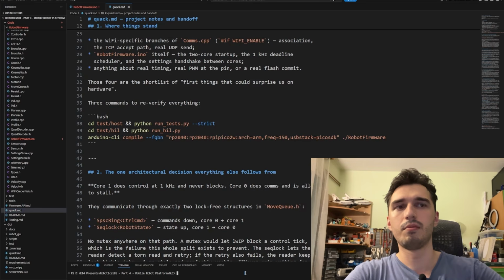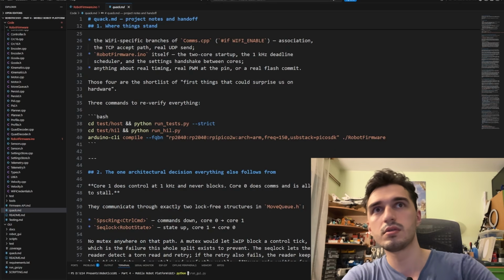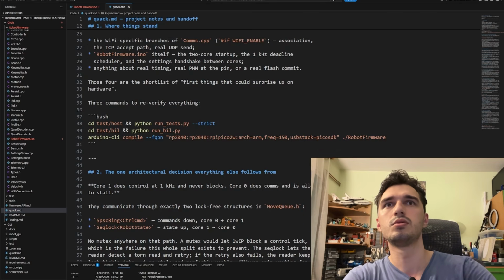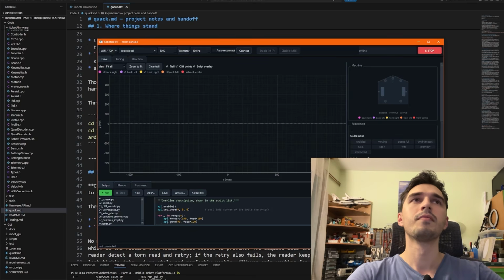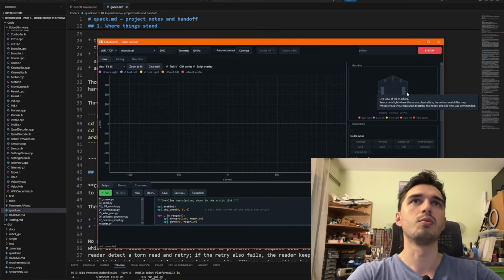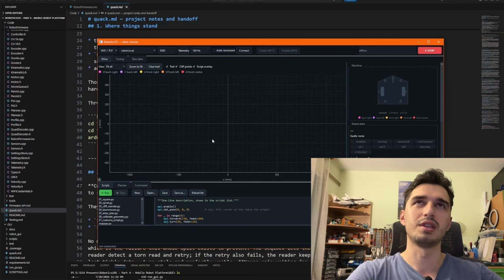So now, for example, if we run the graphical user interface, let me just get that going here. It should be run GUI. And here it is. Here is the whole interface. At the top right you can see a top-down view of the robot with the sensors, so it can blink which sensor is activated. You can see the wheels, which will also light up. You can connect to it either over Wi-Fi or using USB serial. There is this whole map that will get updated as the robot moves,